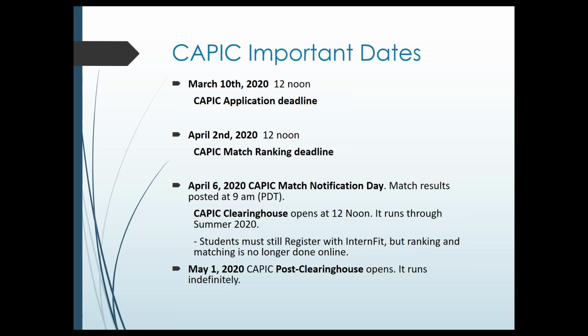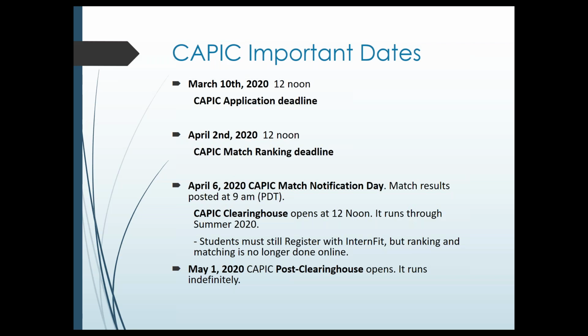This is actually happening right in the morning, and then immediately after that, on the same day at noon, the CAPIC clearinghouse opens. The CAPIC clearinghouse consists of all the people that didn't get matched and all the sites that didn't find people to match, and you can actually begin registering to these sites with openings on that day. So April 6th, if you do not match, you want to make sure you're taking that day off so that you can actually reapply to different open sites, or at least be available, because as soon as those sites are